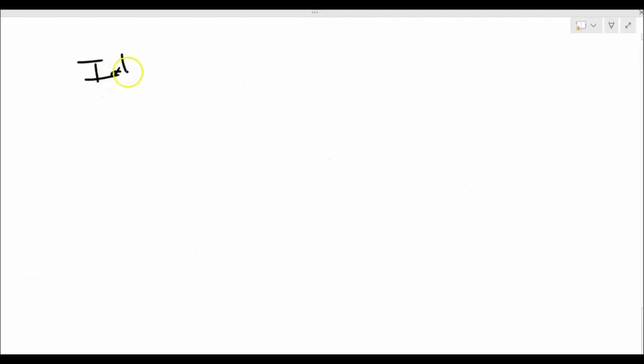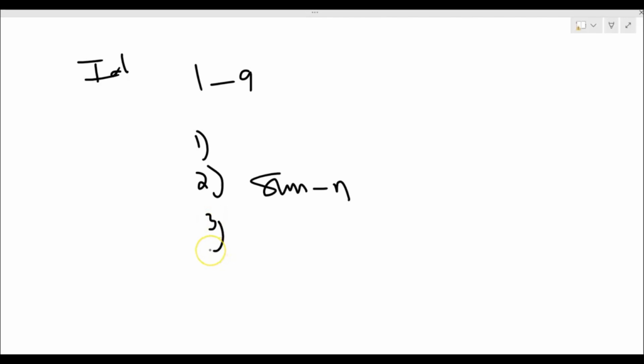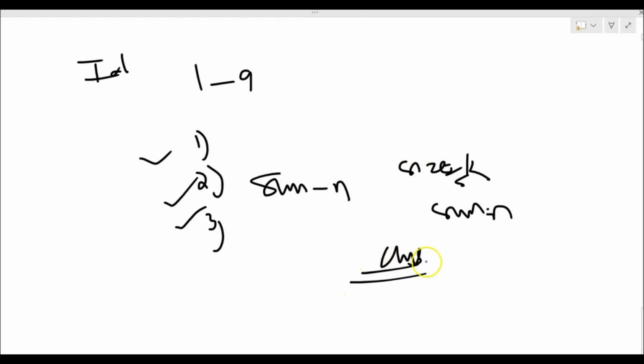So the idea here is we try numbers from 1 to 9 as usual. For every number, we'll choose the number, which is our first step, and the second step is to reduce that number from our sum, and our third step is to move to the next number, since repetition is not allowed. We'll follow these three steps, and whenever we find a size equal to k and a sum equal to n, we add that particular path, which is our current valid combination, to our answer vector, and at the end we'll return this answer vector. So this is the idea of our backtracking approach.